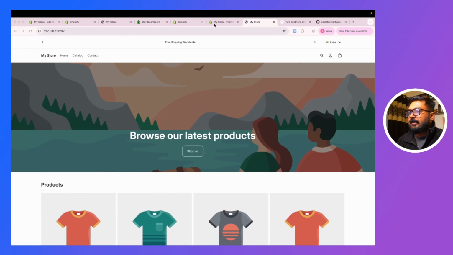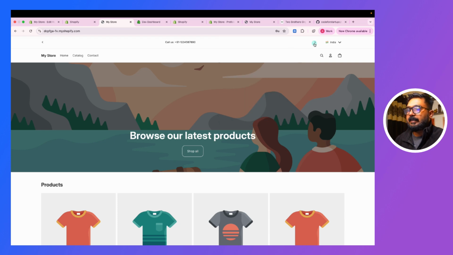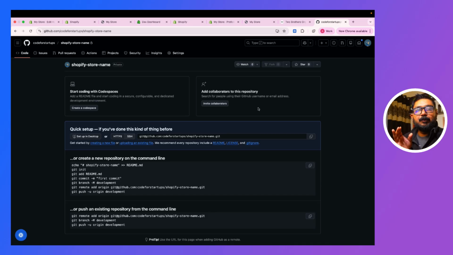Now let me check the store. Here that is live over here. You can see the changes coming. Now you can do anything you want on this store because the local, Cursor, and your Shopify store are connected. Theme push and theme pull. We can go ahead